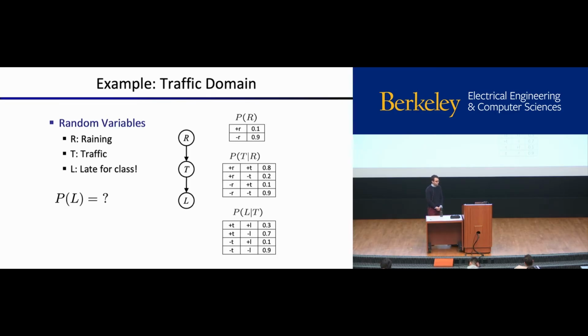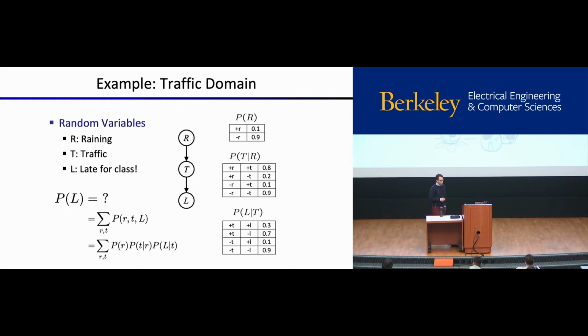Okay? So, well, we know that the probability that I'm late for class is the joint distribution over rain and traffic and being late for class if I were to then sum out all the different possible values of rain and traffic. So this is like marginalization. We can take a joint distribution and go to a marginal by summing out the variables we don't care about. Then we can use our Bayes net to split this joint distribution up into those conditional probability tables. And each one of these should look like one of the types of factors that we just saw. And so our initial factors will just be the conditional probability tables from our Bayes net.